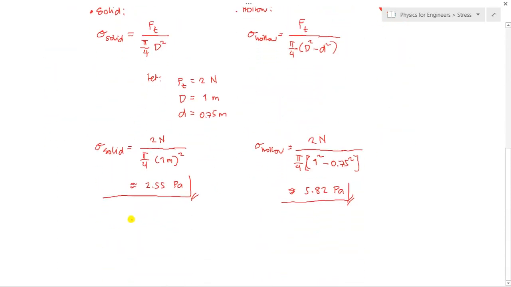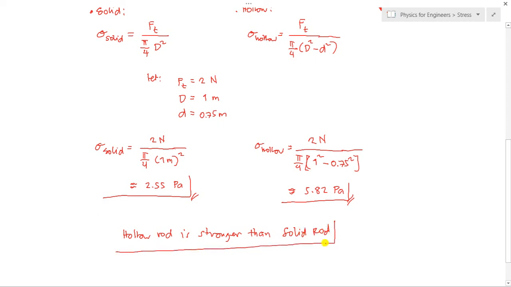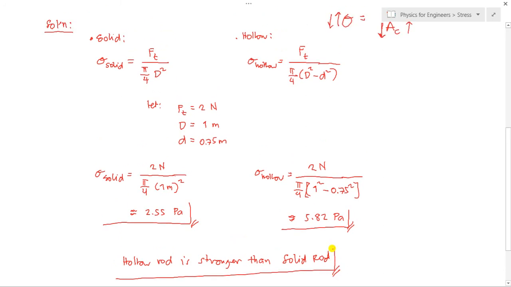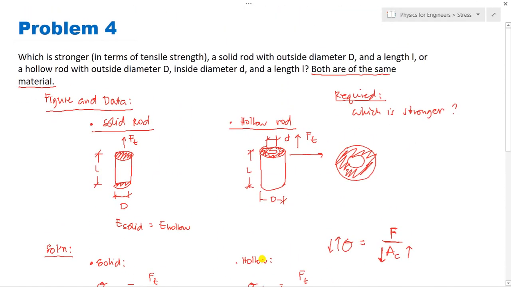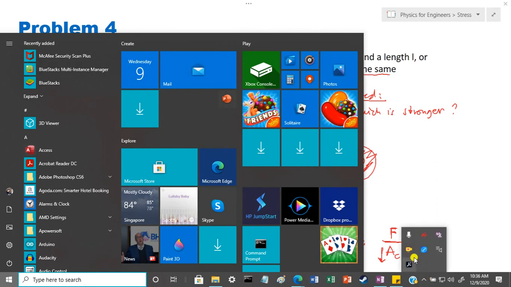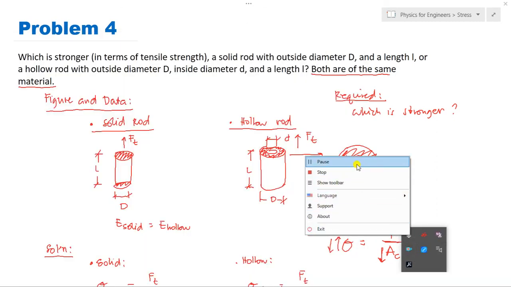So the answer is that the hollow rod is stronger than the solid rod. Okay, given that they have the same length, the same material, and the same applied force. Okay, no questions so far, Mr. Pagas? Okay, I think that is the end of our discussion. So for this lesson,